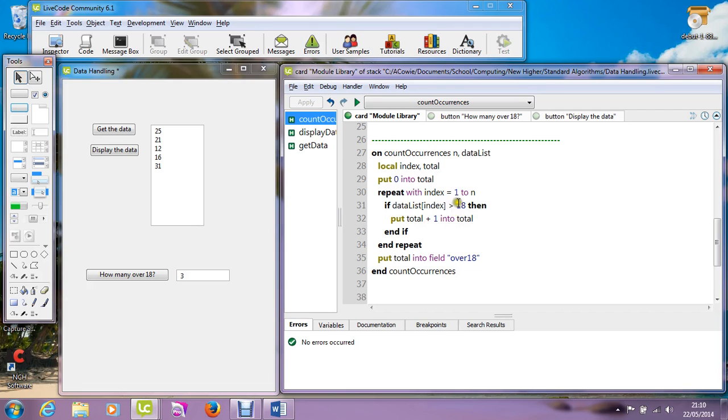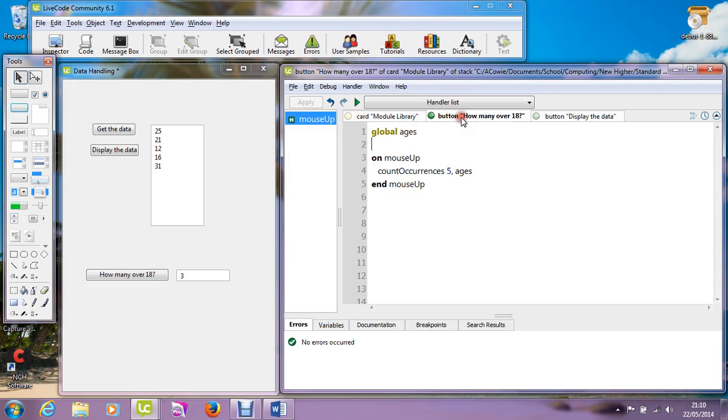So what we could do is put this in as a parameter, and then we can at least make this slightly more flexible. So I'm going to change this so that it's over a certain limit, and I'm going to pass that limit in like that, and I have to say to myself, is it being changed in a way that I will need to see the changes outside the handler? And the answer is no, it's just being used to find my CounterCurrencies. So I can leave it without the @ sign,